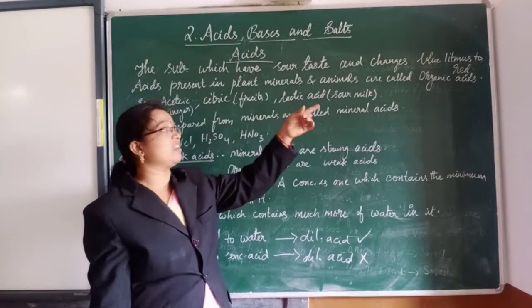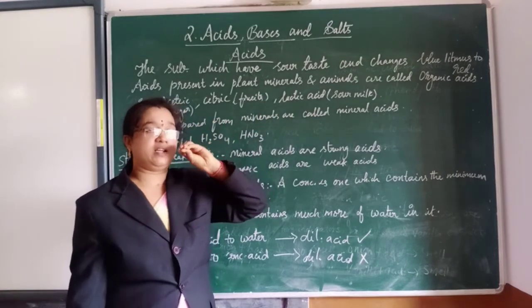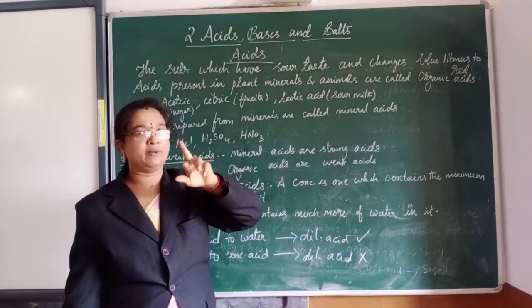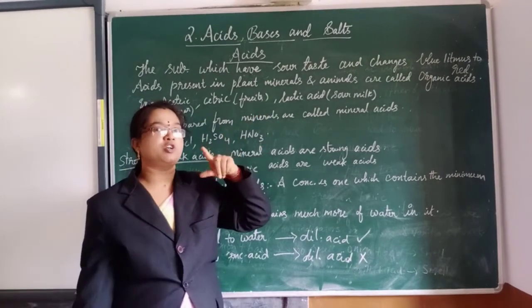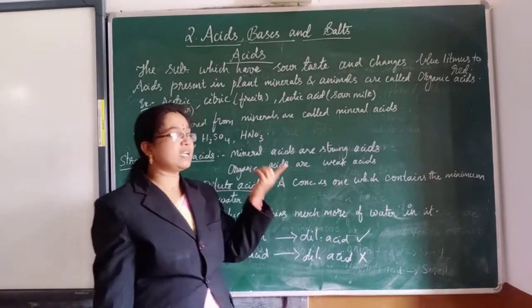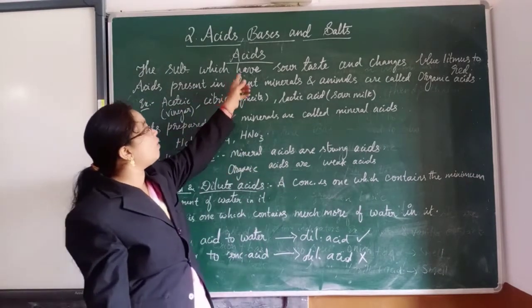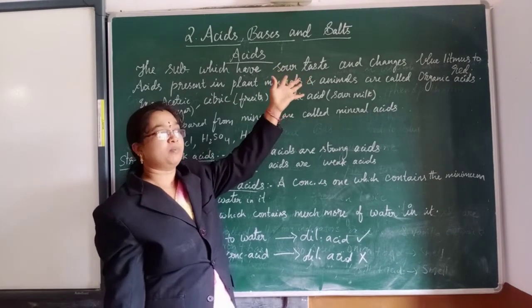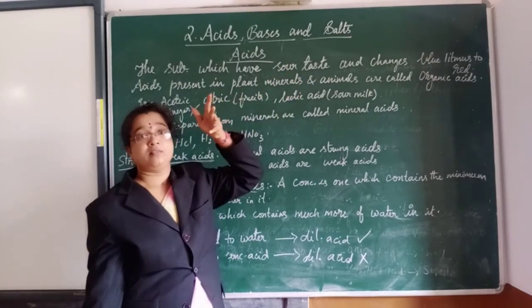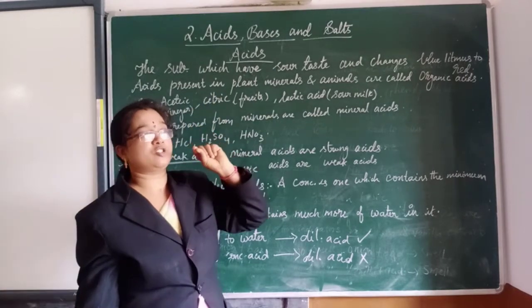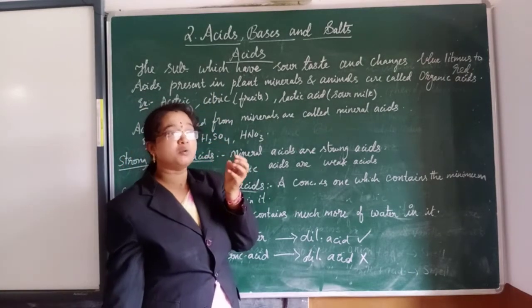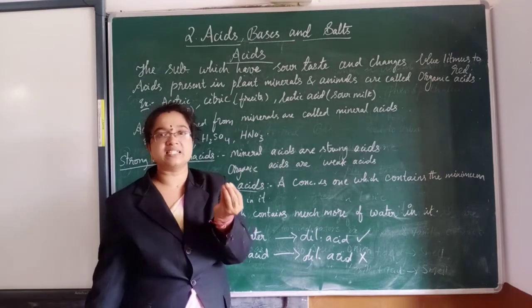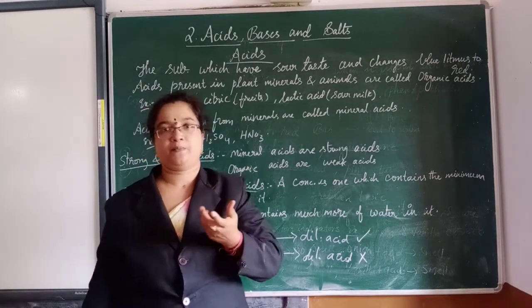Already we have seen, if we take any acidic solution and insert blue paper in it, it immediately changes to red color, isn't it? So that is also one characteristic. And generally all the acids will have a sour taste. For example, lemon, tamarind, we know the taste, or not. Why do lemon or tamarind give a sour taste? It is nothing but the presence of some type of acids.